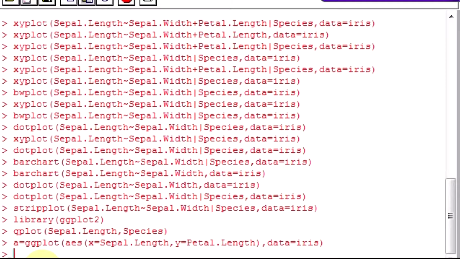Okay, now I can do ggplot plus geom underscore point, right?